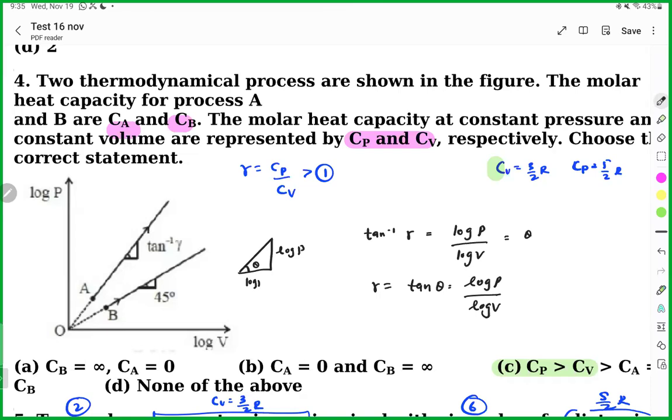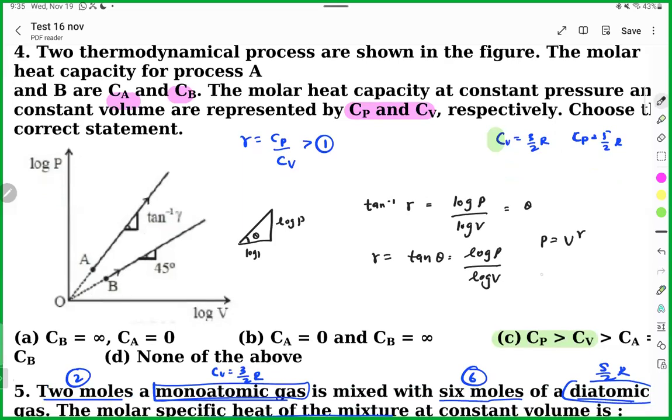So can we say P will be equal to V gamma? Chandana? Not PV gamma. P is equal to V gamma according to this. Why? Because log P is equal to gamma into log V,